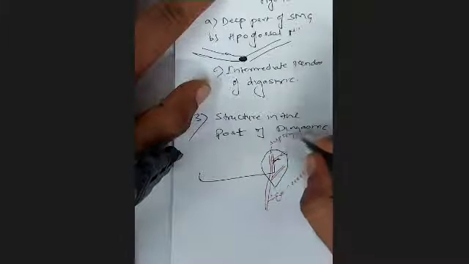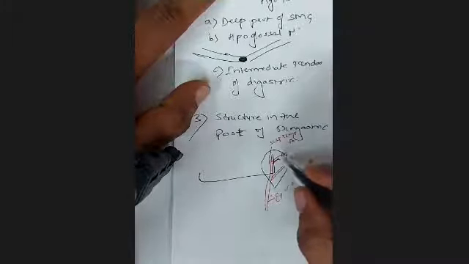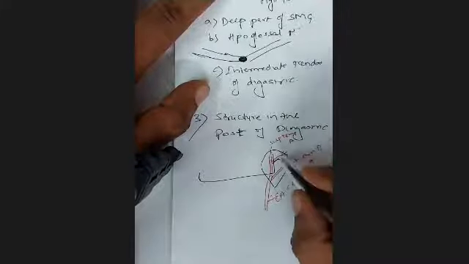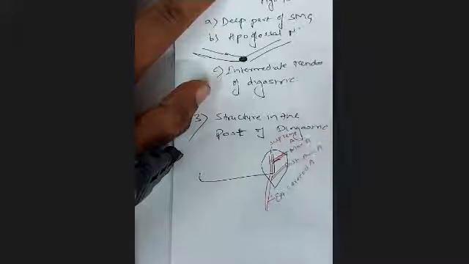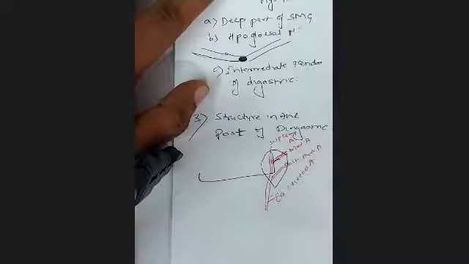We have already come across the superficial temporal artery. It will go upwards and supply the scalp. And then this is the posterior auricular artery. And this is the maxillary artery. The terminal branches of the external carotid are the superficial temporal artery and maxillary artery. And basically it gives three branches inside the parotid gland, and another is the posterior auricular artery.